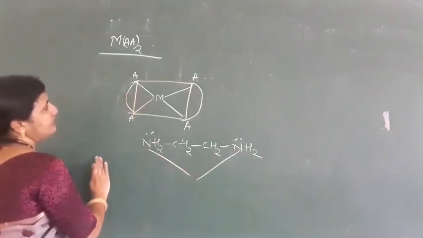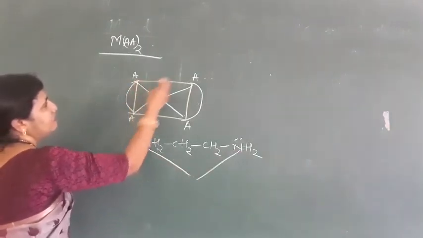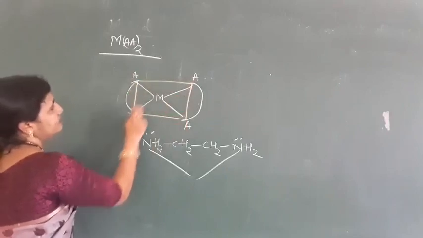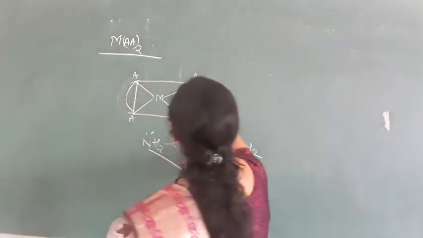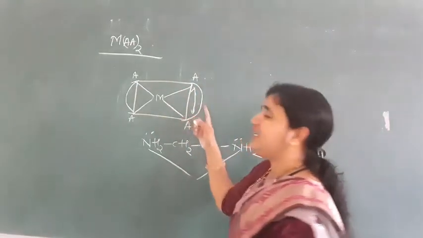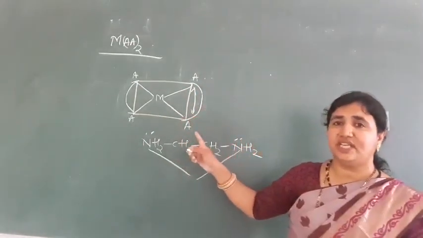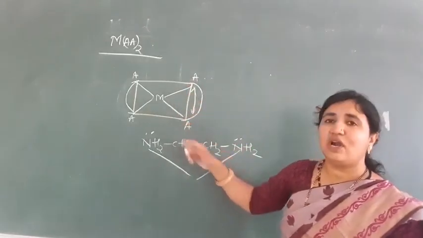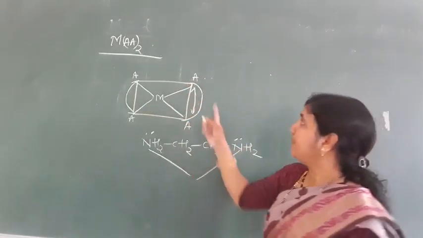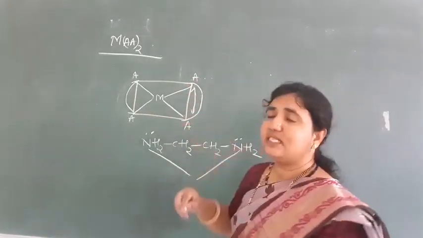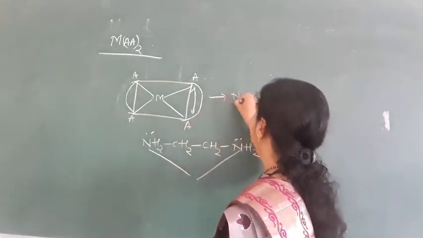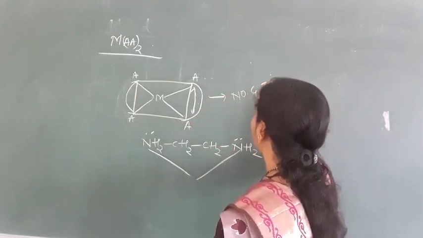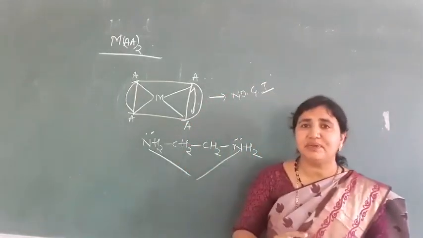If we take a symmetrical ligand, and suppose it is nitrogen only, and we change the position, if we shift it, can the geometry change? The geometry does not change. We will not get another structure, because we get the same thing, like the M(AA)2 type. So no geometrical isomerism is possible in this case if we have a symmetrical bidentate ligand.